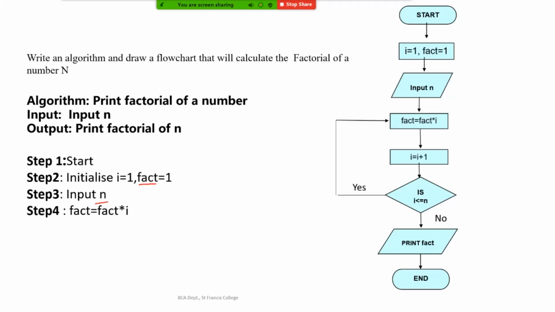As I told, if I enter n, I will substitute the fact value and show you how this factorial works, just like the multiplication 1 into 2 into 3 into 4 into 5. If I am finding the factorial of 5, it will not be done in a single step but in an iteration of 5 steps. If you substitute this fact variable and I variable, you will achieve the same effect as 1 into 2 into 3 into 4 into 5 if you enter n as 5.